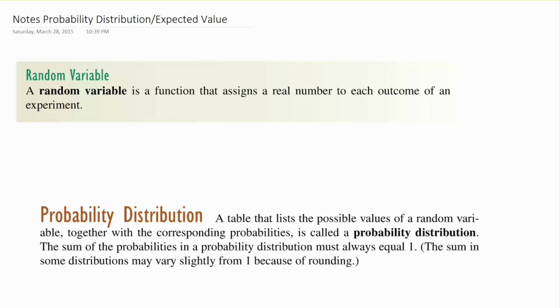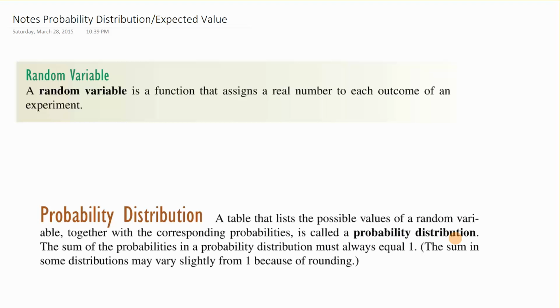This is section 8.5, probability distribution and expected value. So let's first talk about what a probability distribution is. To do that, we need to first decide about a random variable. That's a function that assigns a real number to each outcome of an experiment. A table that takes those possible values of a random variable together with the corresponding probabilities is called